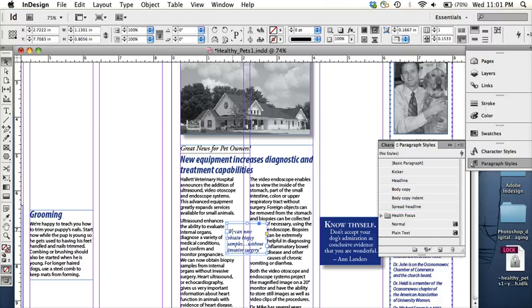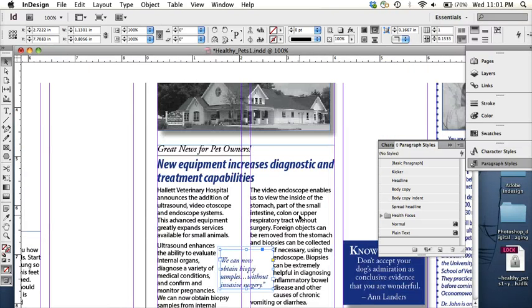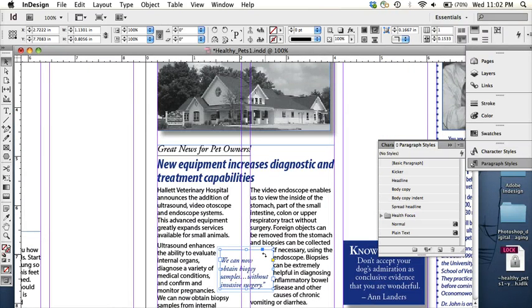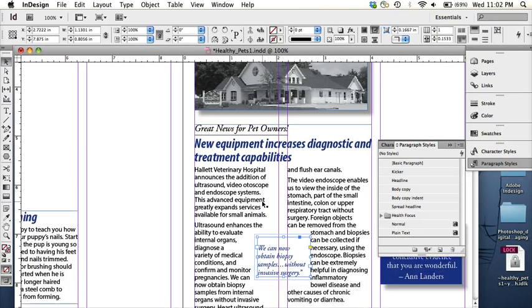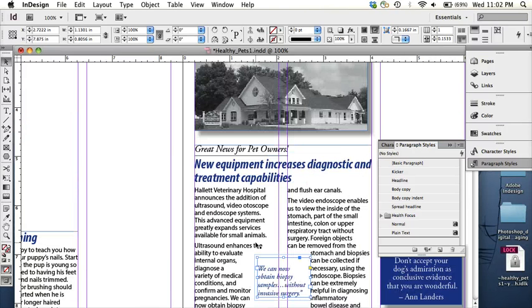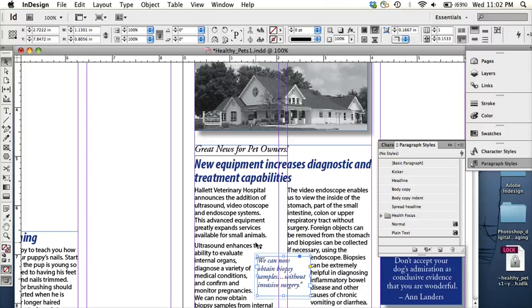You want to make sure that the first paragraph starts with the video endoscope, because you can move it around a little bit, and if I move it, then I get a little bit of leftover from the paragraph from the other column, which looks really ugly. You want every column to start with a fresh paragraph, so you move things around so it looks good. That's called local editing or something like that. Local formatting. Okay, I just double checked. Local formatting. And then for the next